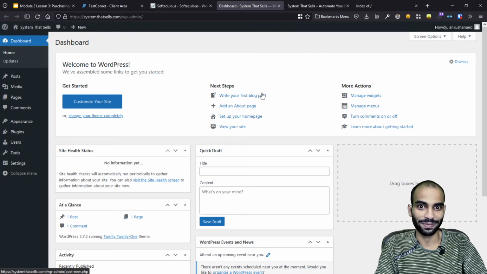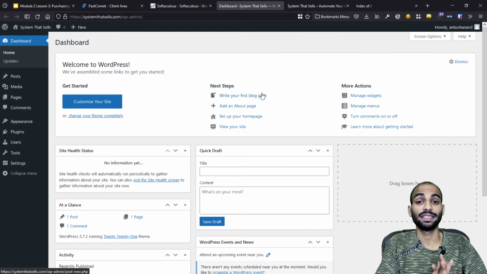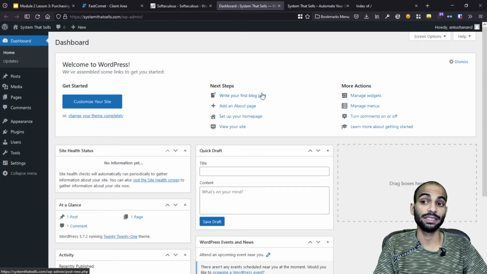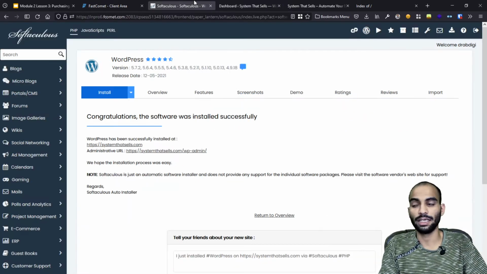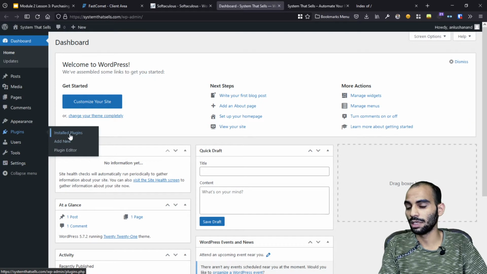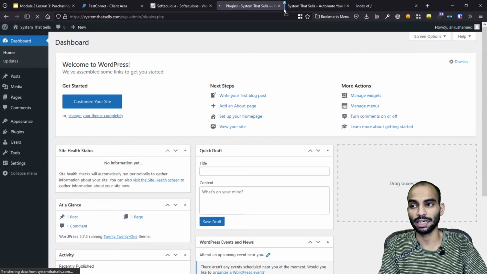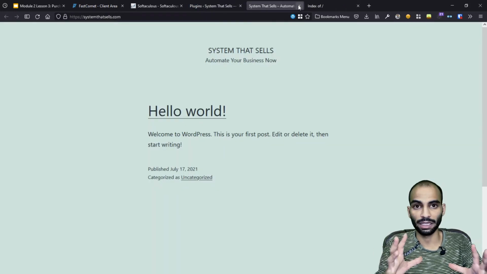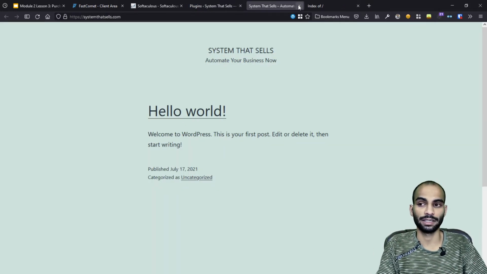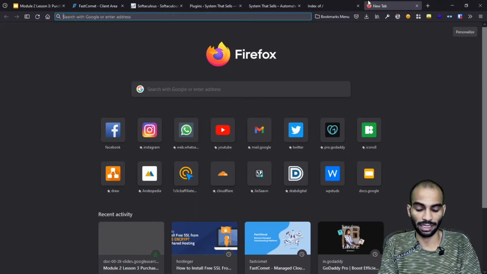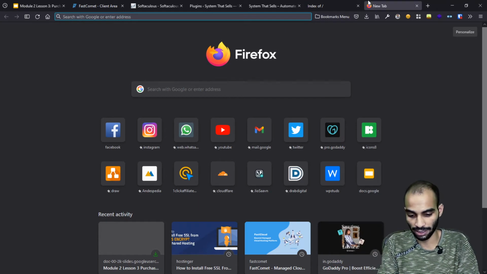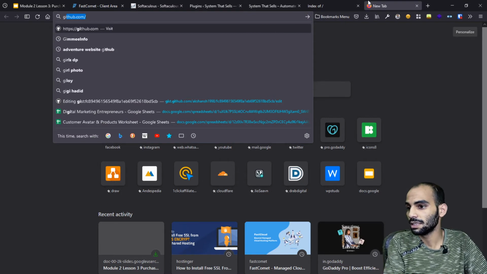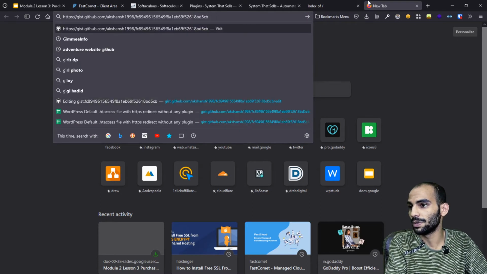Now, stop. Before doing anything, there is something that you need to do, and if you are not doing this, you may run into issues. There are two ways to do this. Either you can install a plugin called Really Simple SSL, but personally I don't like the plugin anymore because it will keep asking you for money or for an upgrade, and show you notifications. So I just prefer my manual method, and I have kept it very simple. I will share how you can do that.